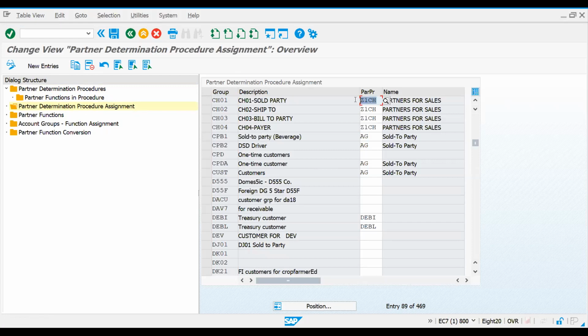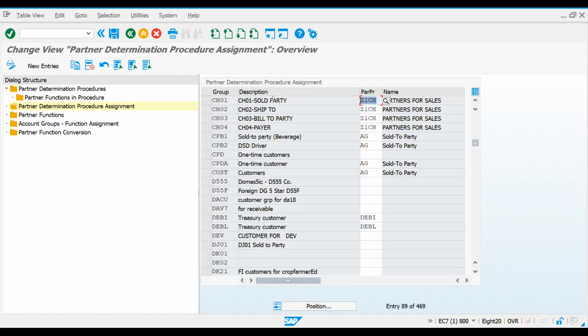I was about to ask, this partner procedure, how does it help us? That's what you have an account group. What does it control? It controls your field selection parameters, and it controls your number ranges. But your account group doesn't know what kind of account group I am. Whether I am a sold-to party, a ship-to party, or a payer, I don't know, right? I'm just having the fields, the tabs, and controlling whether it is mandatory or display. I'm generating numbers,